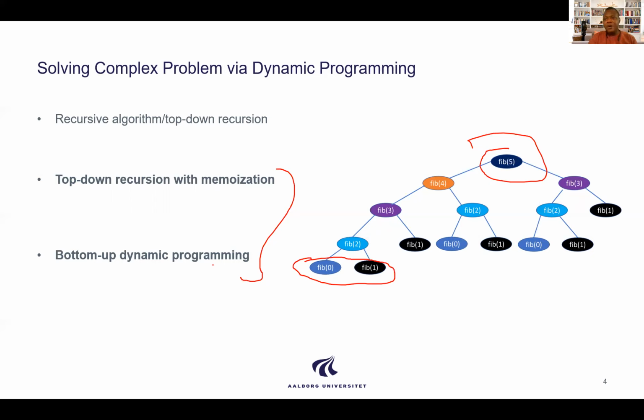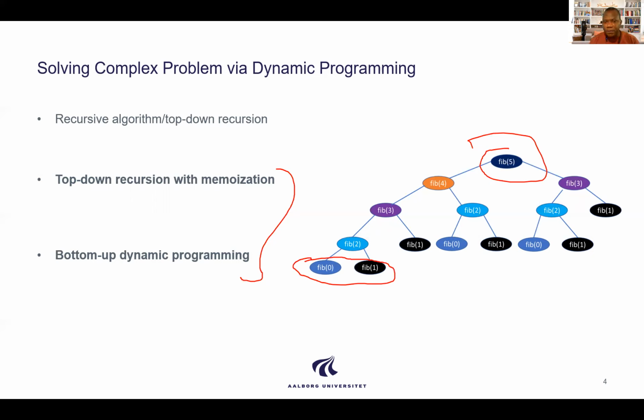Then the next time, or whenever I need to repeat or recalculate this, I don't need to recalculate. I basically need to do a lookup into the array, or just search for that particular entry in the array and use it, right? The second approach is the bottom-up approach, where instead of starting from the top, which is